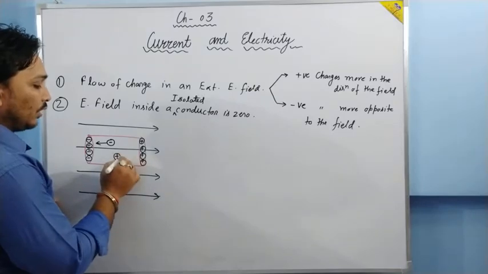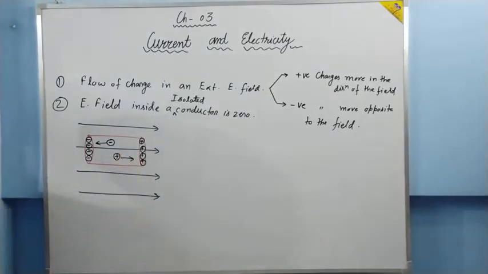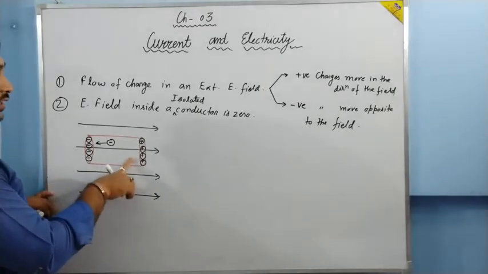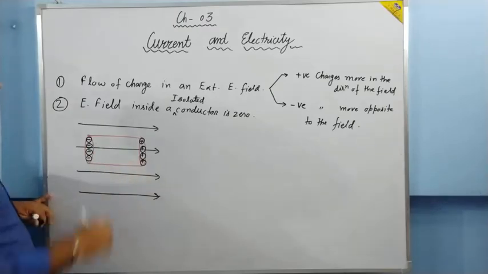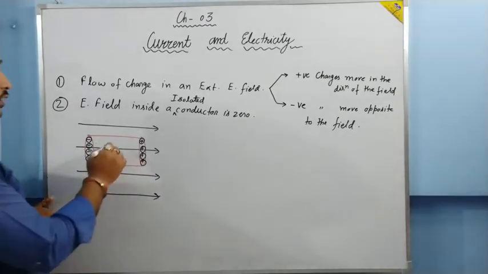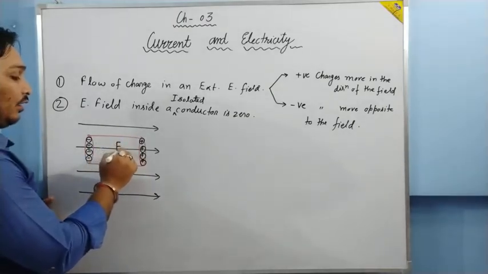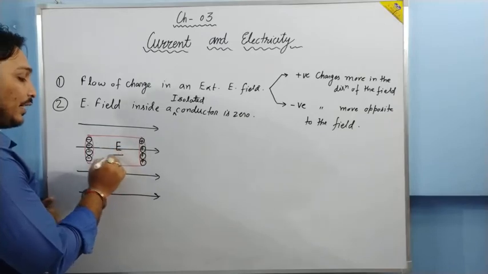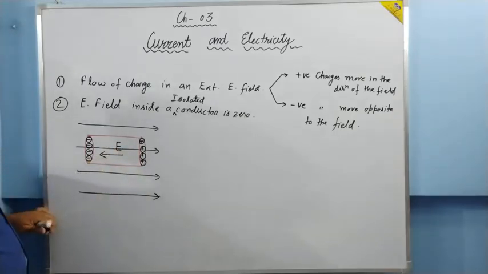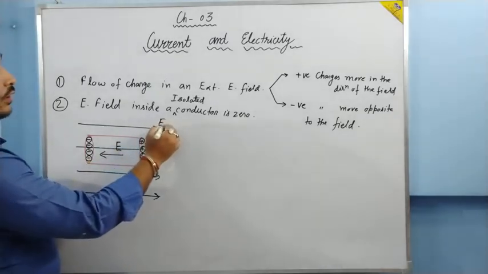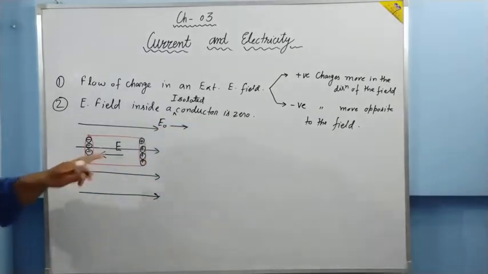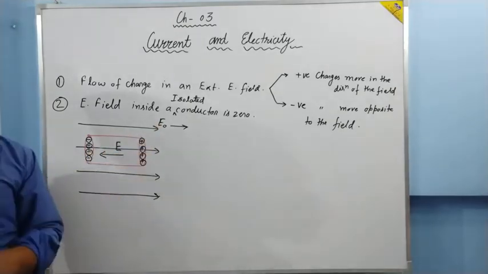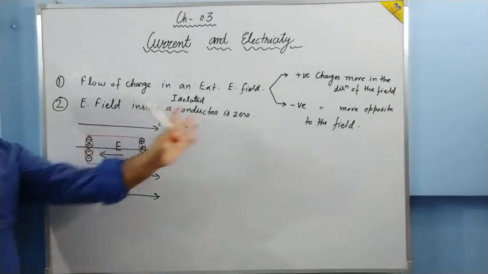Okay, positive charge will move this way. Now you can understand inside the conductor, because of this negative charge collected over here and this positive charge collected over here, there is a field inside the conductor which is directed towards this side. And we have an external field E0 which is directed towards this side. Inside the conductor we have a field E, outside the conductor there is a field E0 which is directed this side.